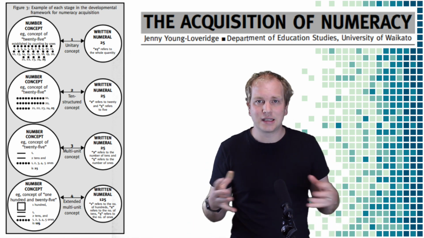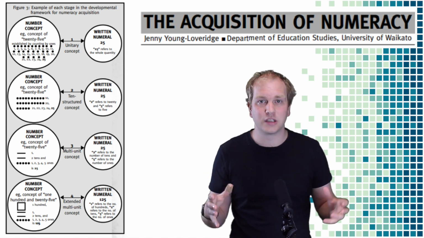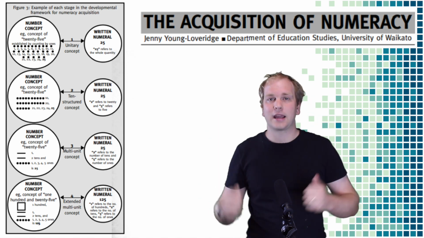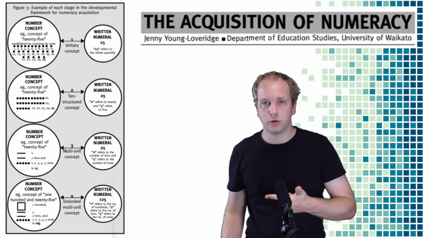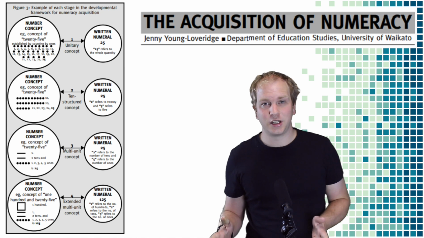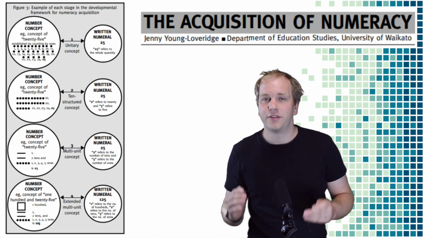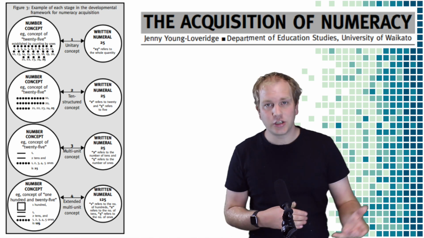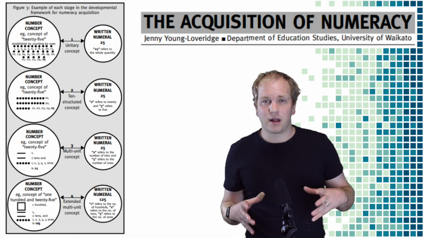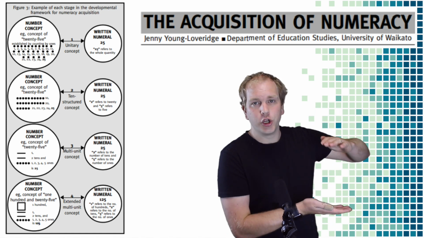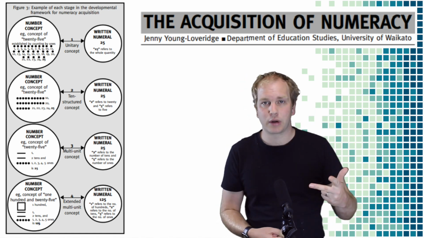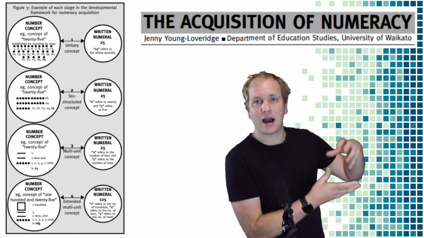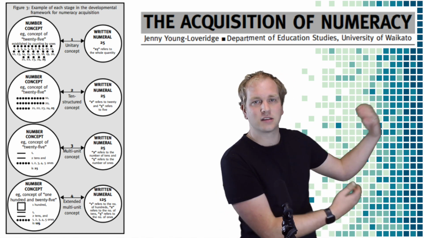So this is basically the foundation of the composite unit, where instead of thinking of 10, I can have 1 ten or 2 tens, which is just such an important point to get to. Then you can see the fourth and final stage is just an extension of that, when they now realize not only can I have my own unit for the tens, so I can think of 3 tens or 4 tens, but now I can have an additional unit that's hundreds, or even a new unit for thousands, and so on.